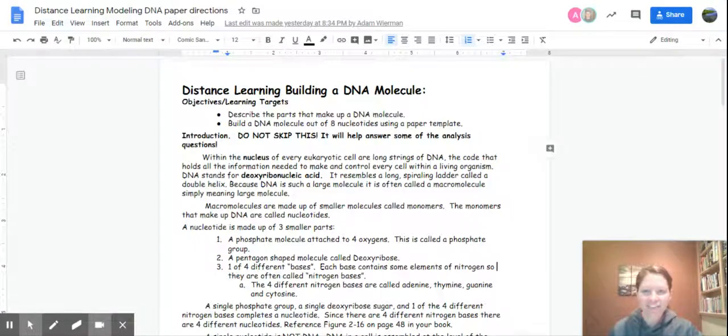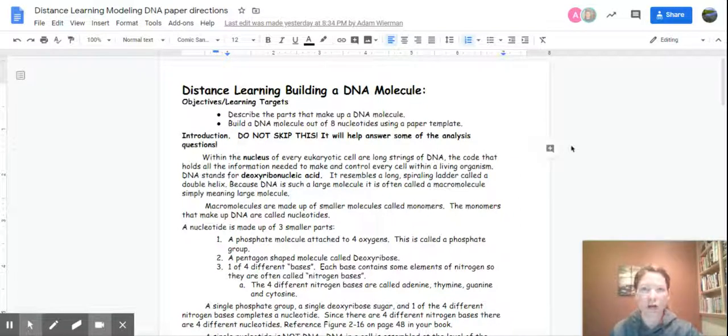Today we are starting a new unit. It's all about DNA. So to kick off this unit, you are going to make a DNA model. Now, fortunately, you have several steps that you are going to follow. This is a 2-day lab. And in this lab,